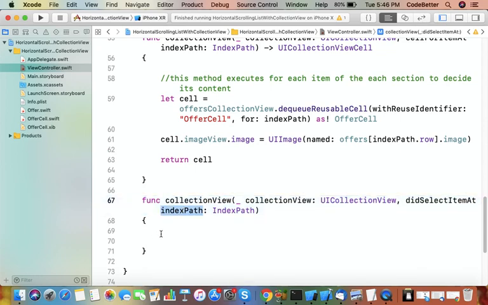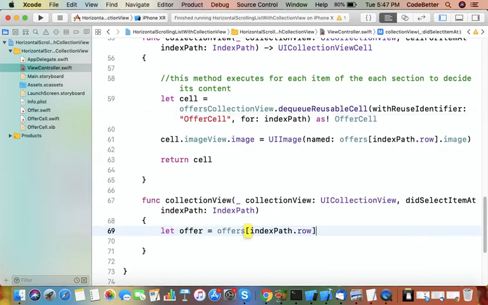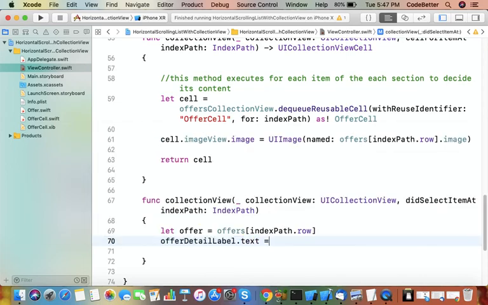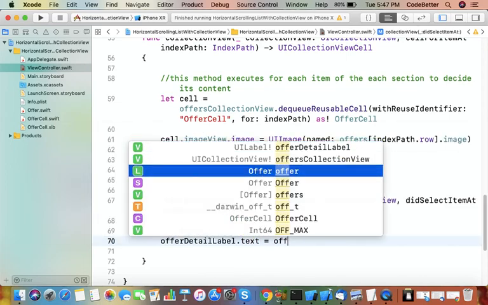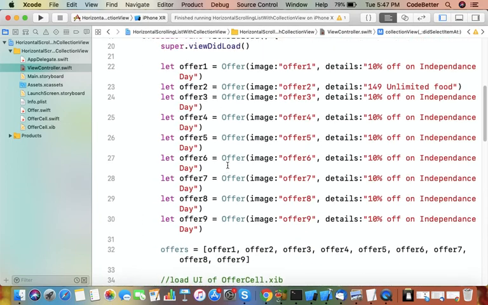So we get the index path, and we get the offer object. let offer equals offers array at indexPath.row. This is the current selected offer, and we set the offer detail label's text equal to offer.detail. We have already added details here.